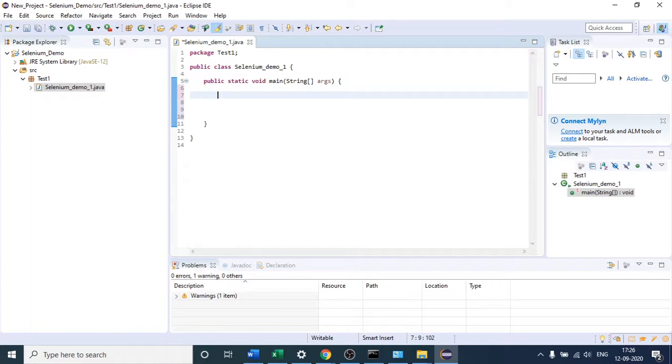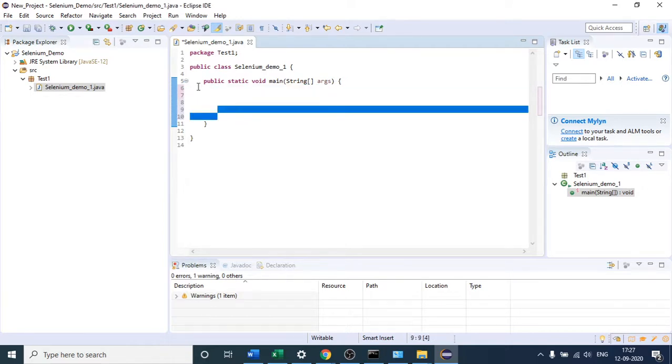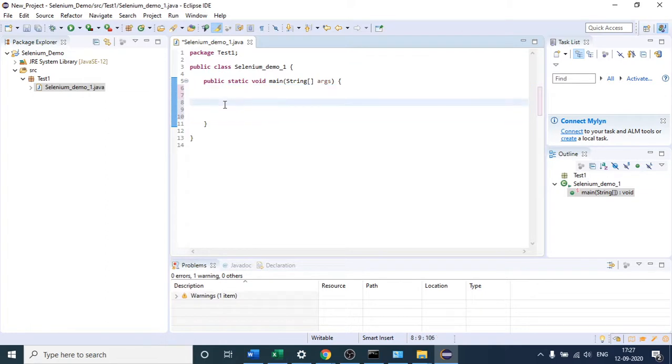One more point, let us understand this. Whatever code you write, you are going to write Selenium code here only, in Eclipse.